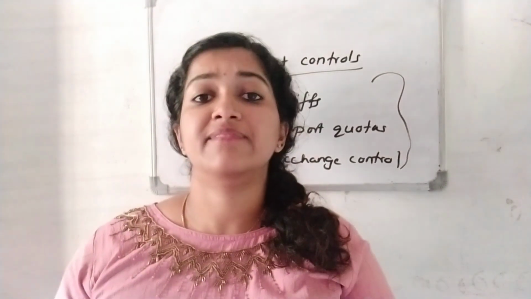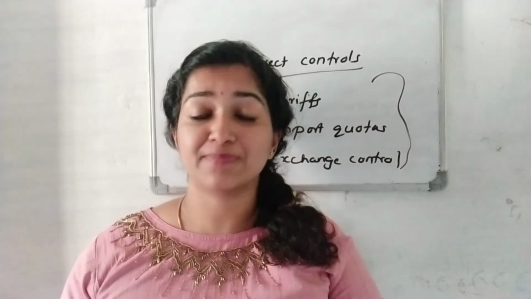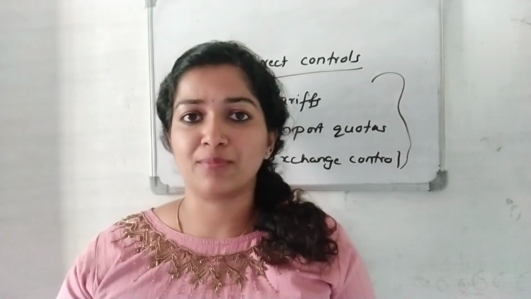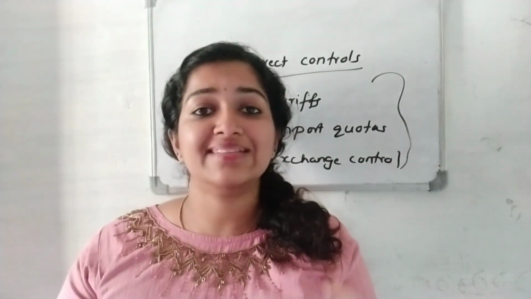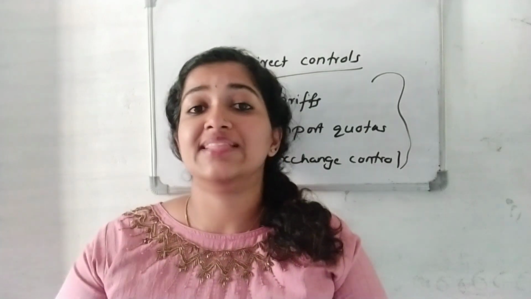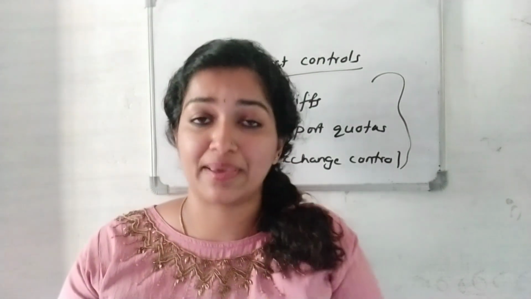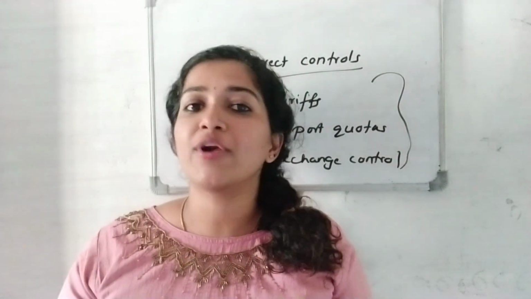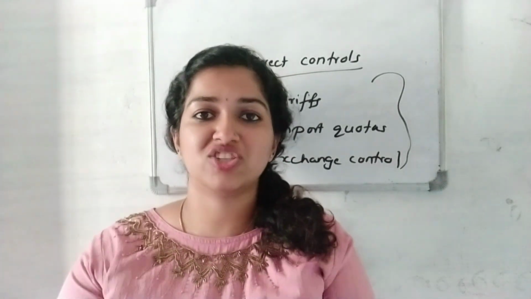So in this class, we discussed the traditional approach to balance of payments disequilibrium, and we learned about the expenditure changing policy, expenditure switching policy, direct controls and so on. This traditional approach is mainly based on the assumption of a fixed exchange rate and the central bank policy to prevent the effects of disequilibrium in the balance of payments. These measures are non-existent now; they are not in practice now actually. So this is the traditional approach.